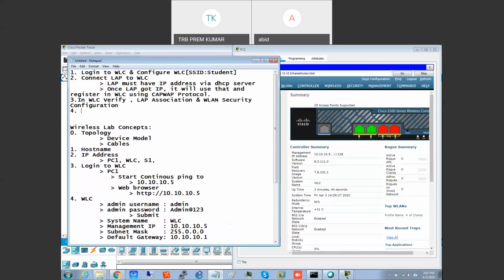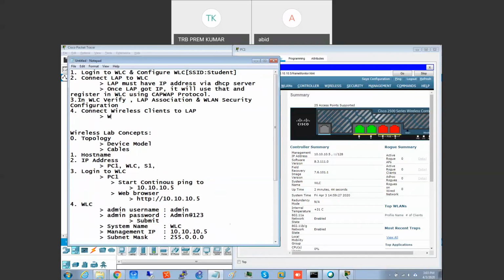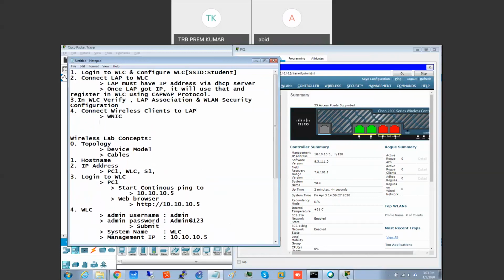The 4th step is connect wireless clients to LAP. For that, go to NIC wireless and you give the WLAN SSID. SSID you give student.